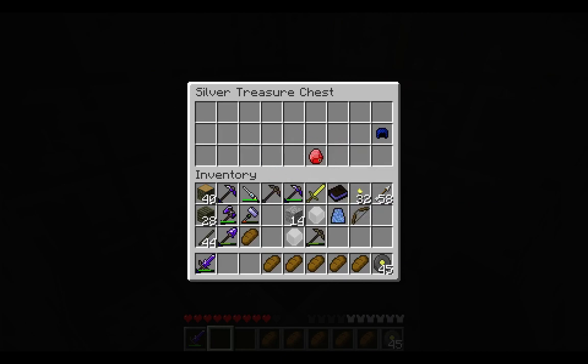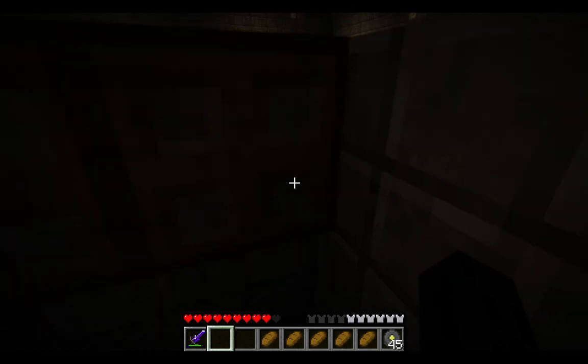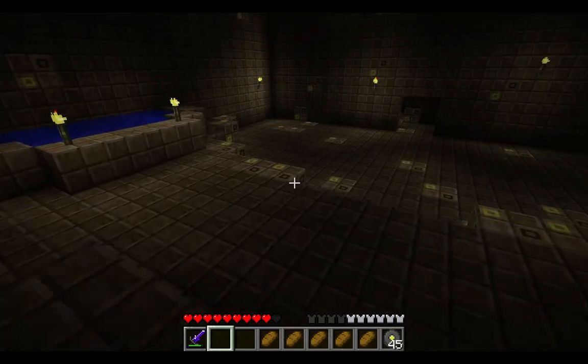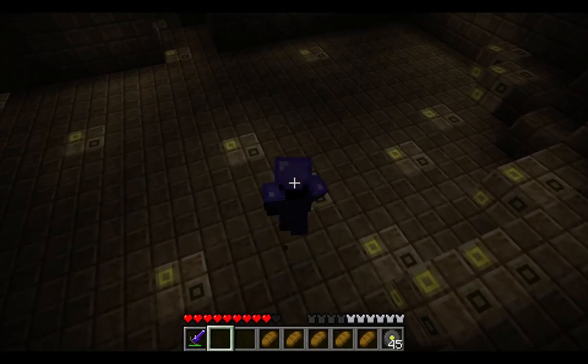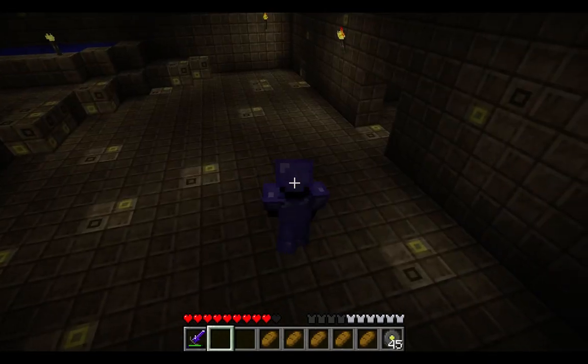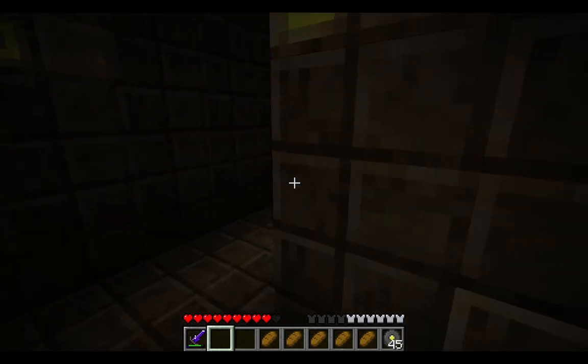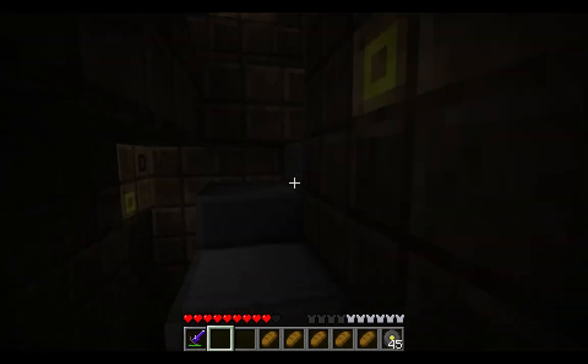And here we go. Excellent! I really could not have asked for any better gear from this. This is pretty darn awesome. So, we have my favorite item in the entire mod, the invisibility cloak. Check it out. I'm invisible. Completely invisible. When I attack or mine stuff, then it uninvisifies me, but otherwise I'm completely invisible, and I believe